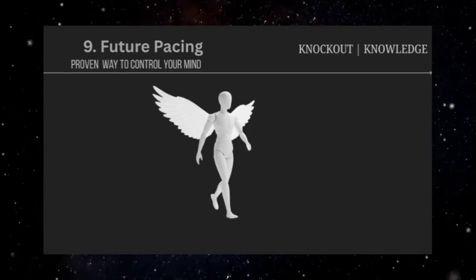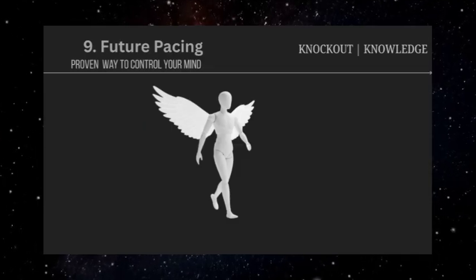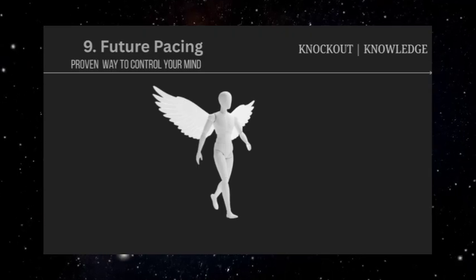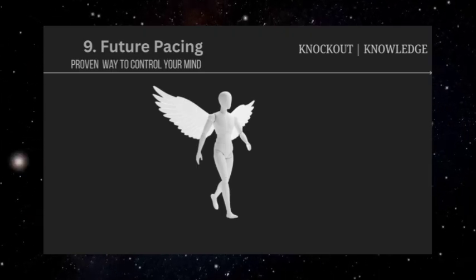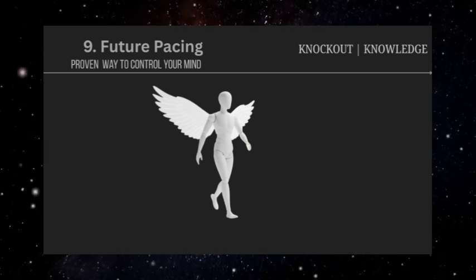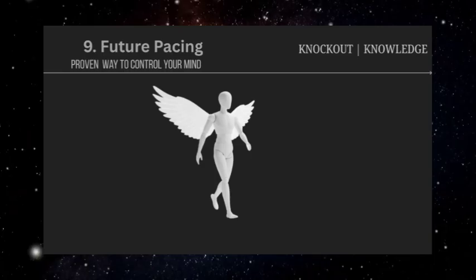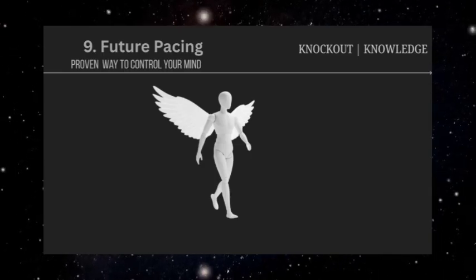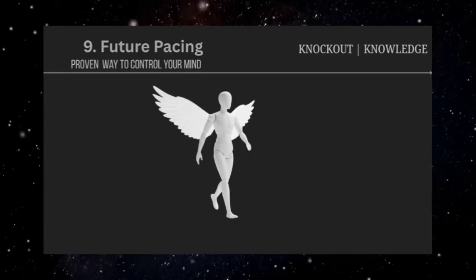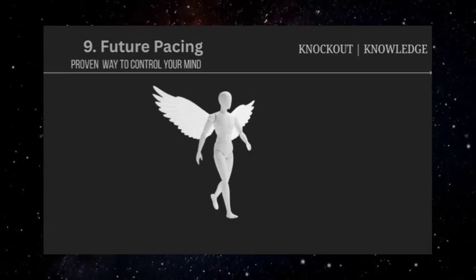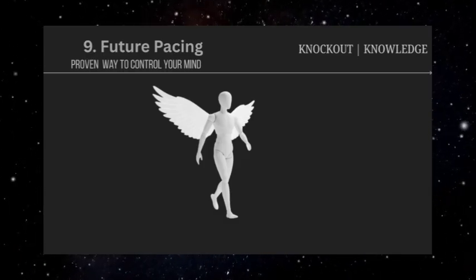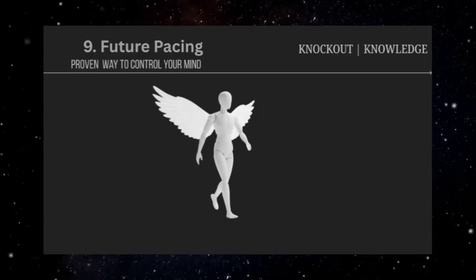The antidote to manipulative future pacing is maintaining awareness that visualization is just one tool for decision-making, not a commitment to action. It's also important to consciously explore multiple possible futures, not just the one someone else is encouraging you to imagine. Understanding this technique means recognizing that while imagining positive outcomes can be motivating, decisions should be based on current reality, values, and careful consideration of actual options, not just the most vivid or emotionally appealing scenario someone has helped you visualize.